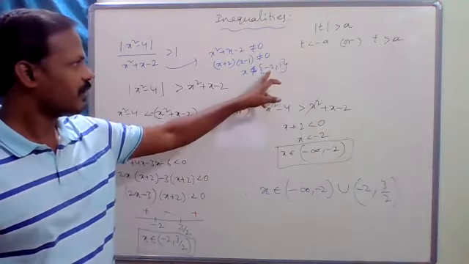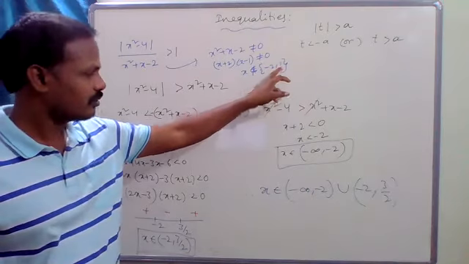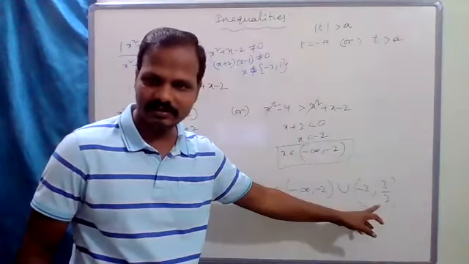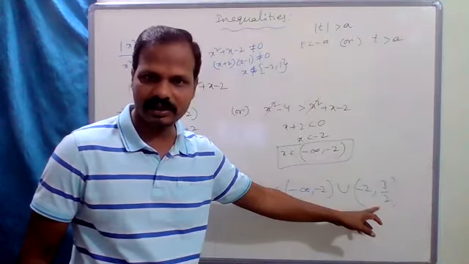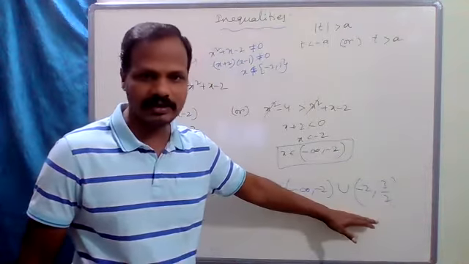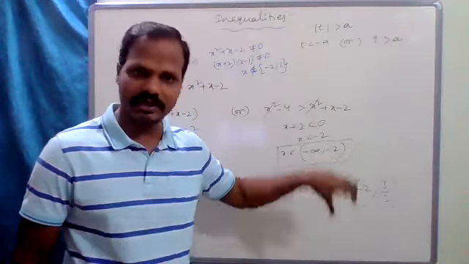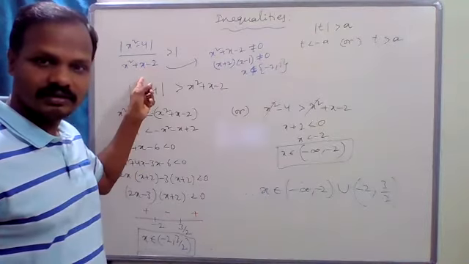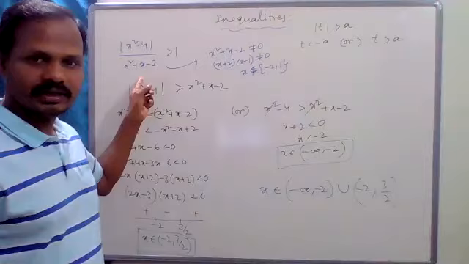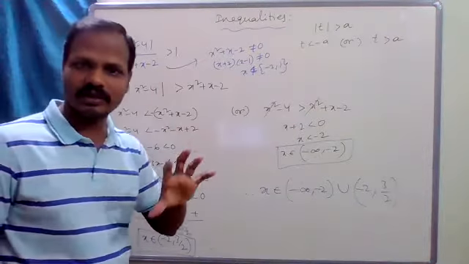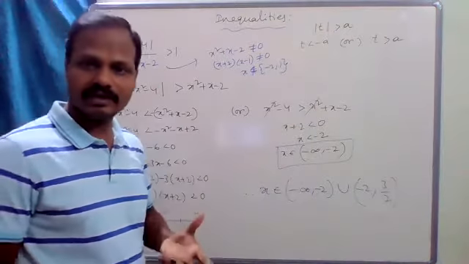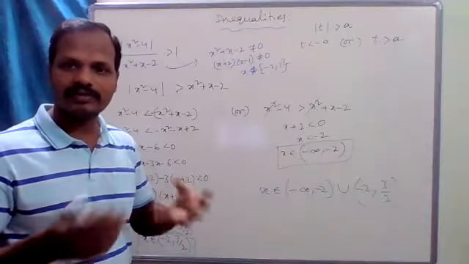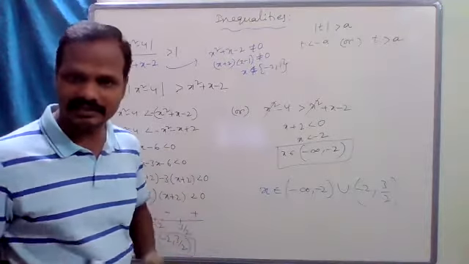See, −2 and 1. So 1 is in this interval. Yes or no? Clear? So don't stop the answer here, there is still more to the solution. You have to think about the denominator. While solving problems, you have to think about the denominator, that means simply where the function exists. You have to remove the values where the given function does not exist.